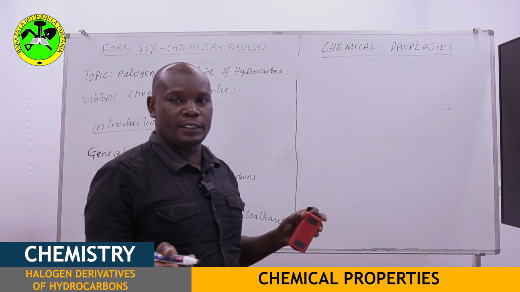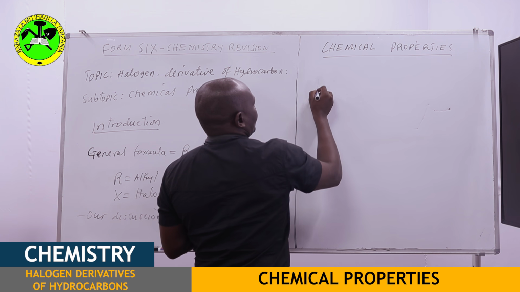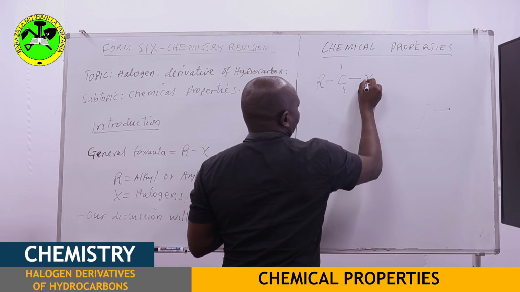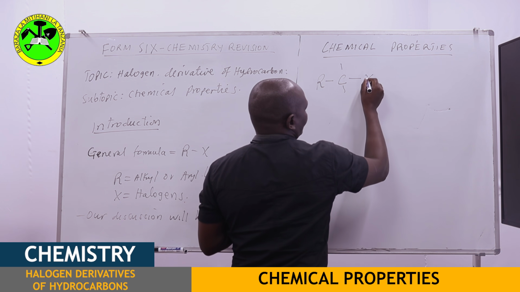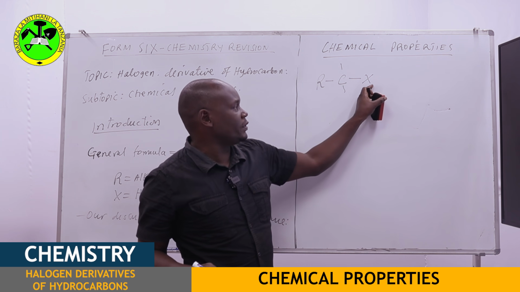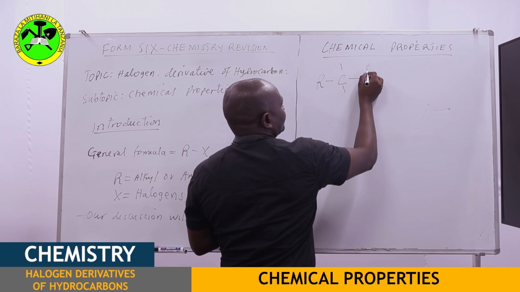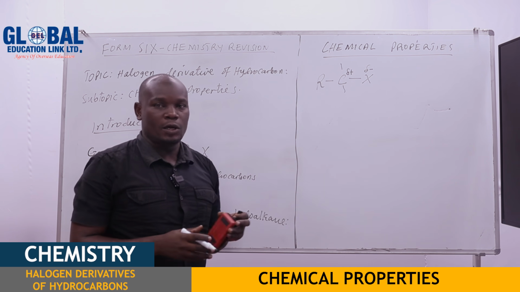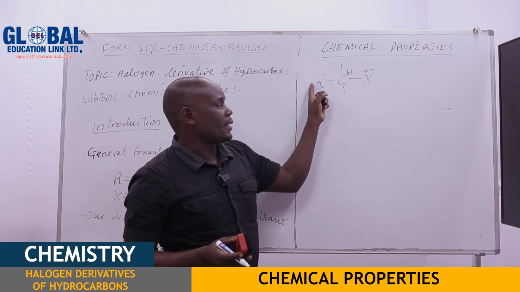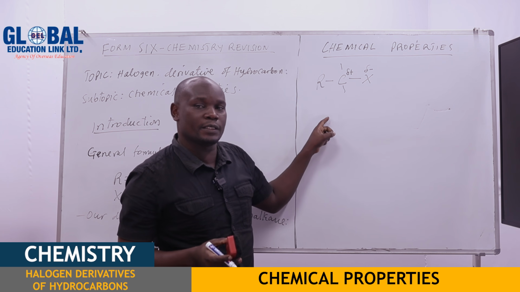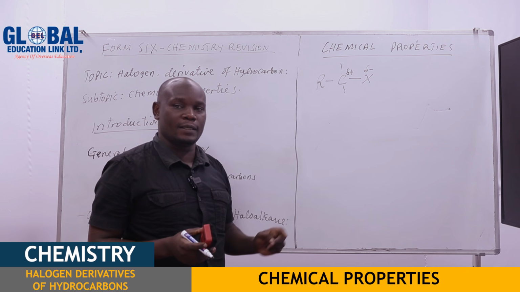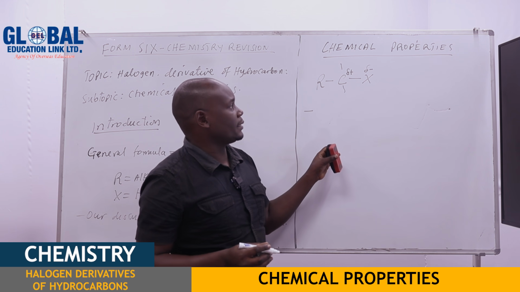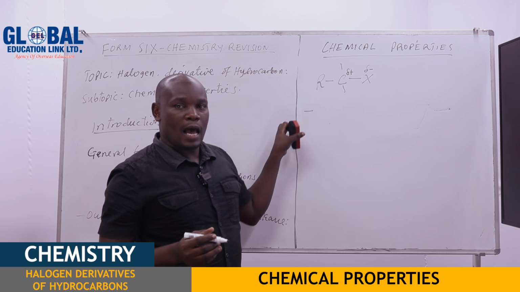So consider the general structure of haloalkane. Due to the higher electronegativity value of halogens, the halogen becomes partially negatively charged and the carbon becomes partially positively charged. That is where the reaction takes place, and that is what makes it more reactive than the corresponding alkane. So the typical reactions that take place in haloalkane are